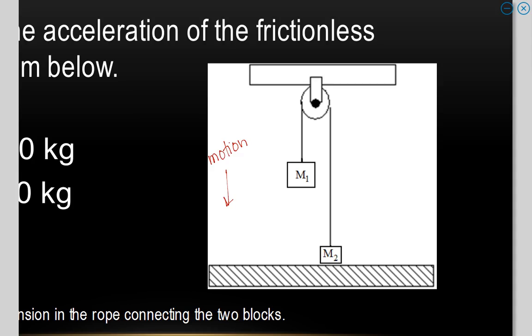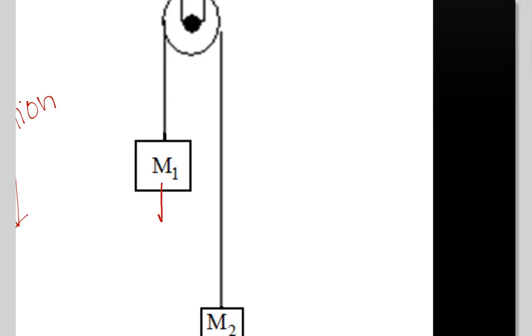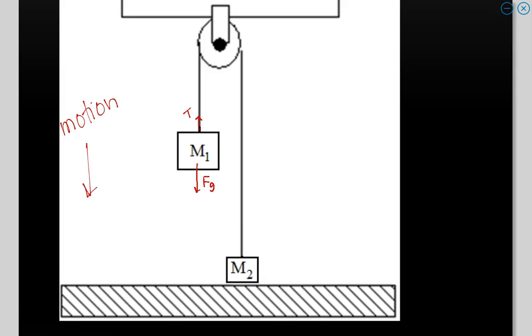Let's take a look at M1. It has a force due to gravity, but it's also connected to a string that's connected to M2, so there must be something pulling it up. Let's call that tension in the string. Call it T. Now, while this thing is in motion, not while it's just sitting here at rest, we know that M2 is going to be yanked up. So there has to be some up force. Call it